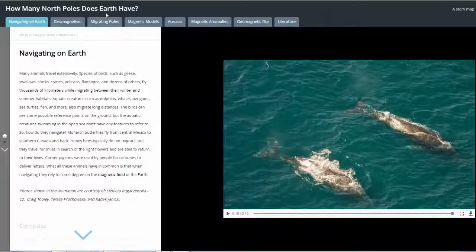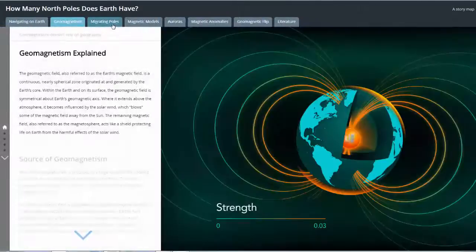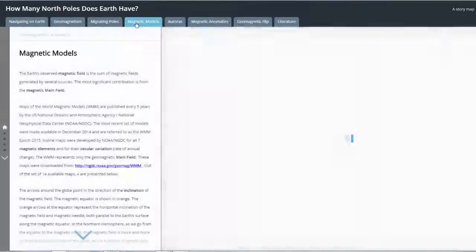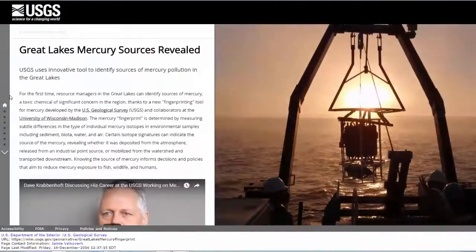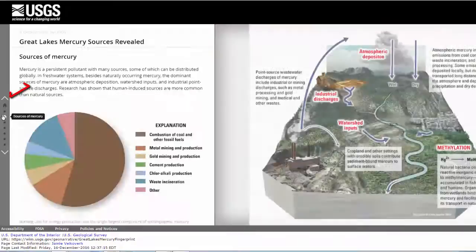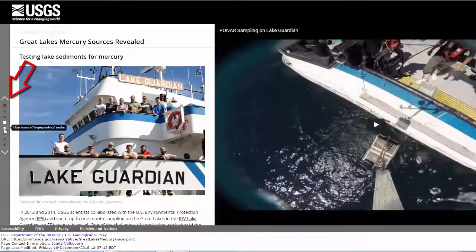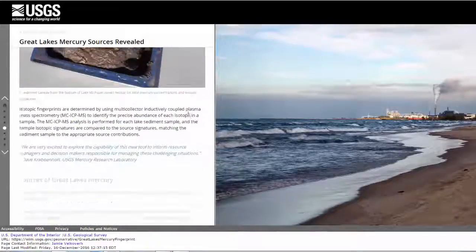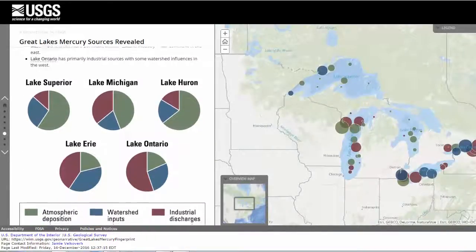StoryMaps lets you use pictures, maps, and text to create a visual narrative. Here's one that uses horizontal tabs to nicely cover a topic. And here is an excellent one put together by the USGS that uses vertical storytelling instead of horizontal tabs. Notice how pictures or maps appear in the right panel, while text and images can be added in the left